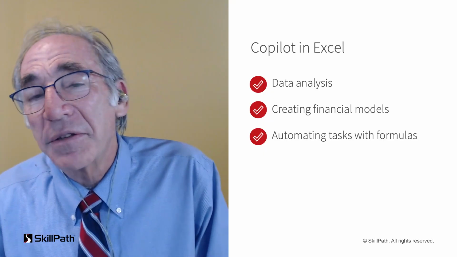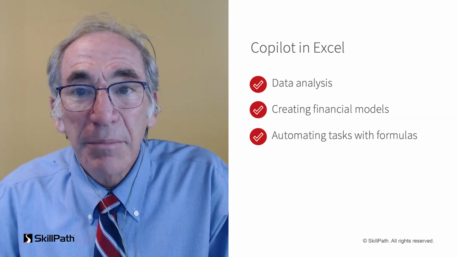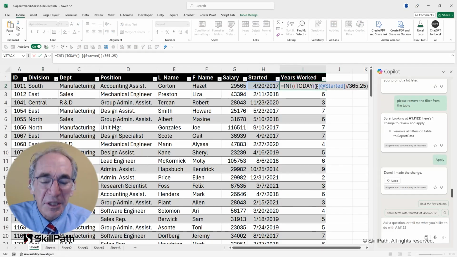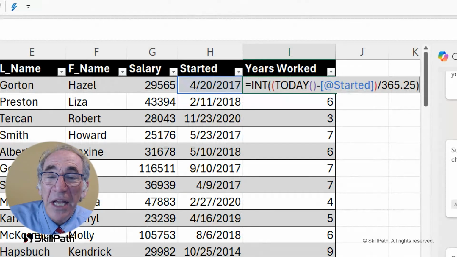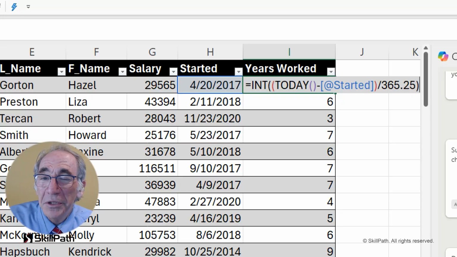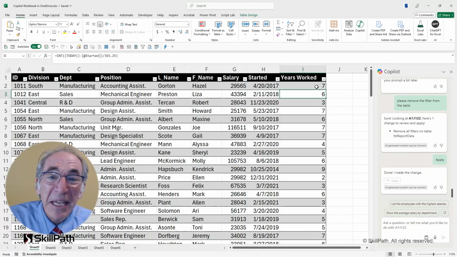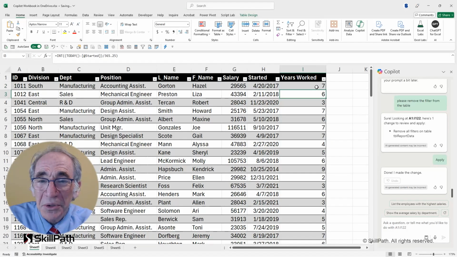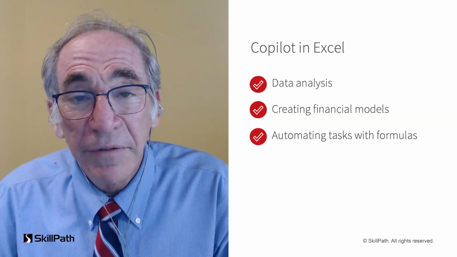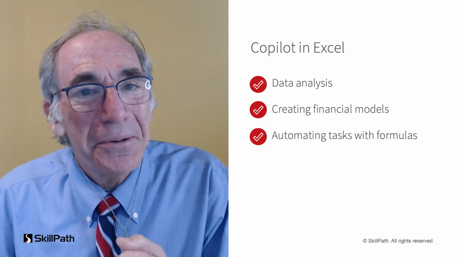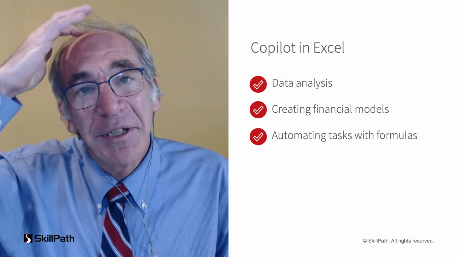I can't take credit for writing the formula that calculated, as you may recall, the number of years that a person has worked. But if I return back to that column and show you the formula that was generated, there's the formula, and it divides the number of days someone has worked by 365.25 to accommodate leap years. Whether or not you would have done that in a different way remains to be seen. But that's one solution offered by Copilot, and something that you might want to evaluate for its accuracy, or ask the question a second time and see if you get an identical answer or a dissimilar answer.